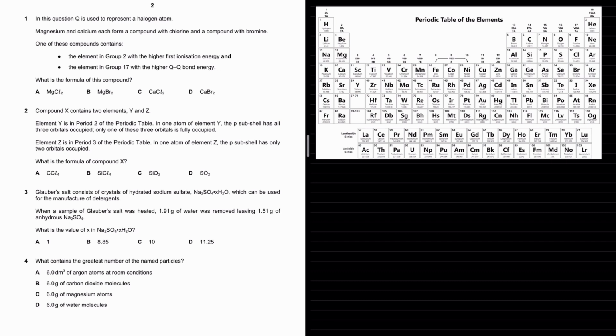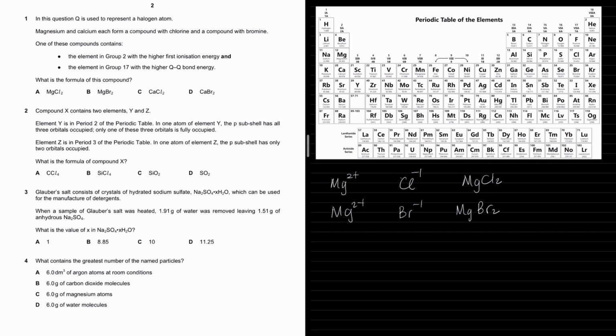So first thing I want to do is write out the compounds. Magnesium is going to form a compound with chlorine and bromine. Magnesium is in group 2, so it's going to have a charge of 2+, so Mg2+. Chlorine is in group 7 or group 17, so it's going to have a charge of -1, and bromine is going to have a charge of -1 as well. So if I join these, I'm going to get MgCl2 and I'm going to get